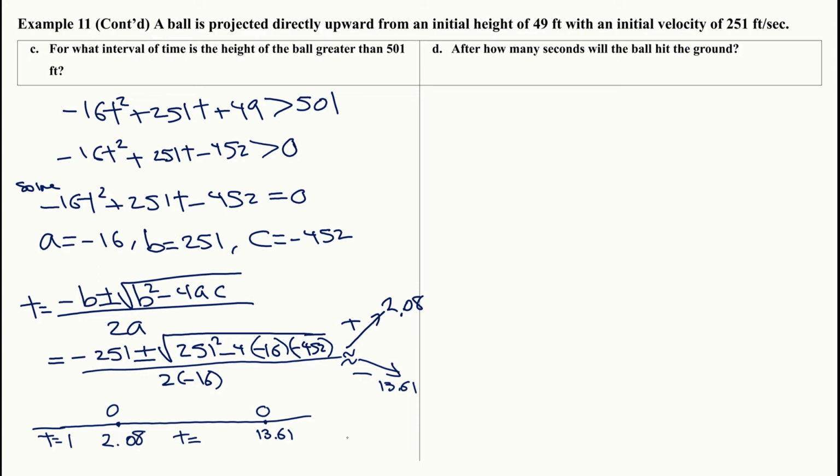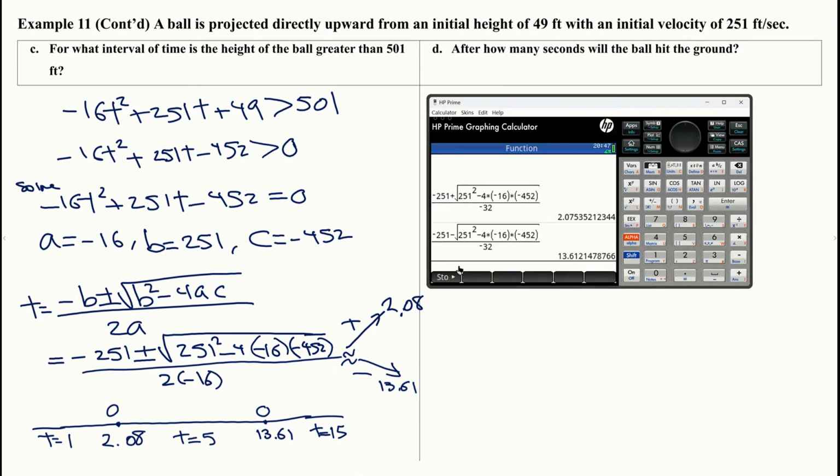That's the test point. And we'll do a test point for greater than 13.61. How about 15? All right, so here we're going to go ahead and plug in 1 for t. So we get negative 16. I'm not even going to bother going times 1 squared because I know 1 squared is 1, times negative 16 is negative 16, plus 251 times 1, which is just plus